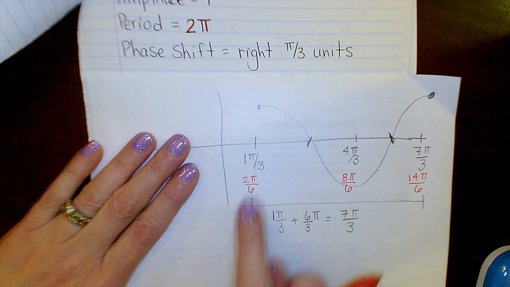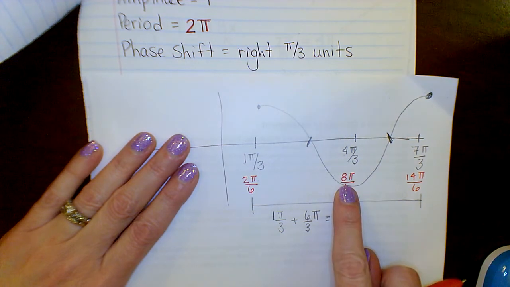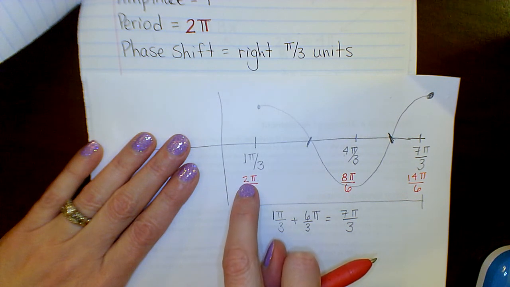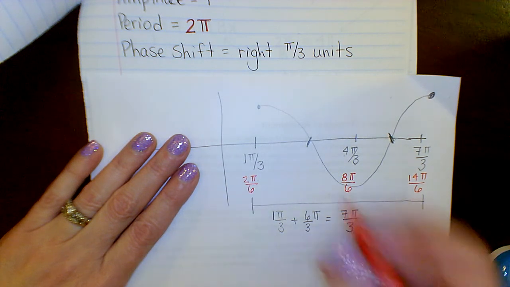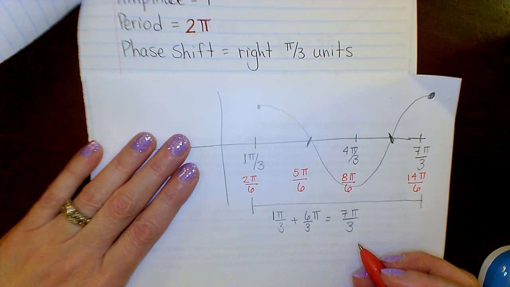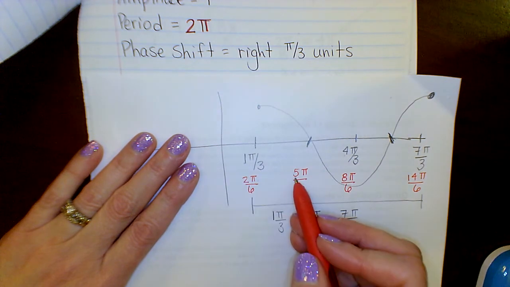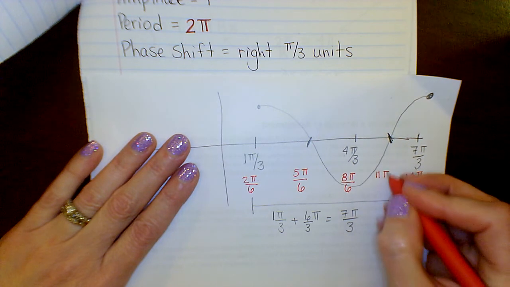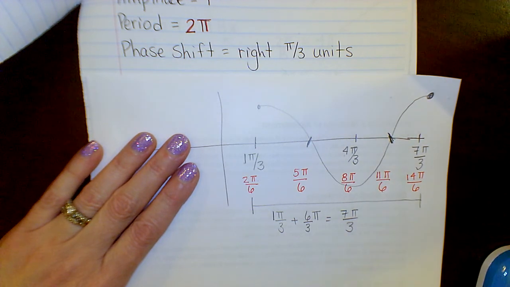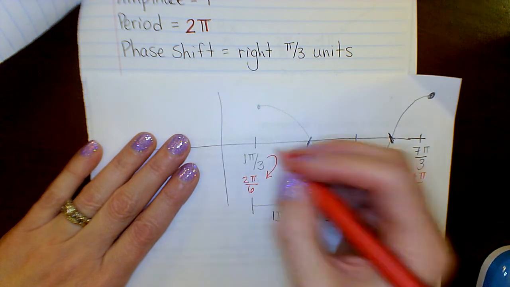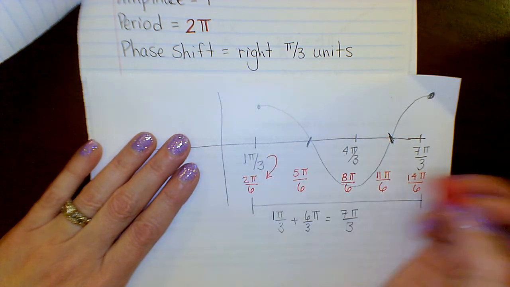Well, what's halfway between 2 and 8? Well, 8 plus 2 is 10. 10 divided by 2 is 5. So that'll be 5 pi over 6. So you see what I'm doing here? Look, 2, 3, 4, 5, 6, 7, 8, 9, 10, 11, 12, 13, 14. So all I did was double the top and bottom here,